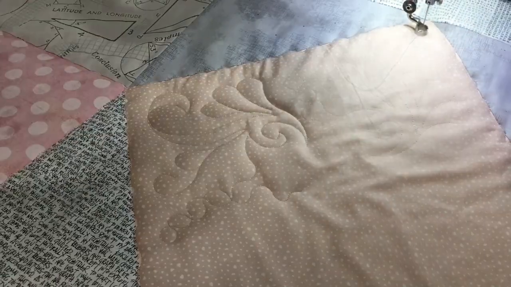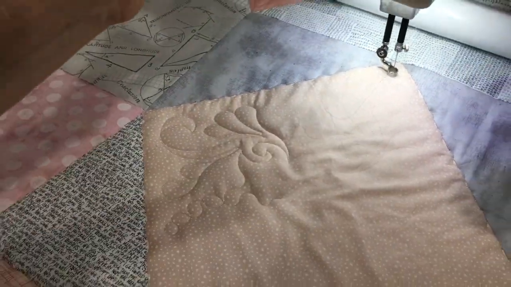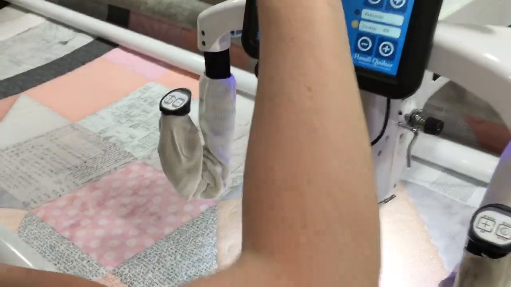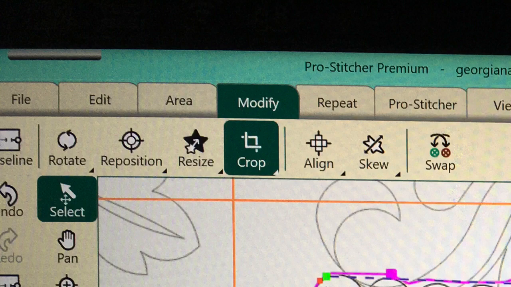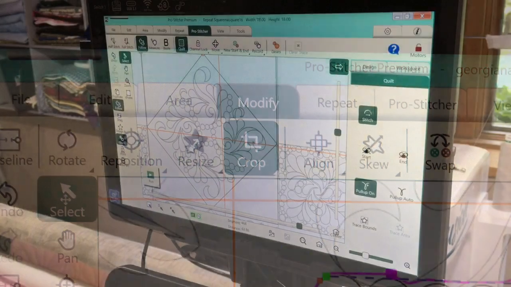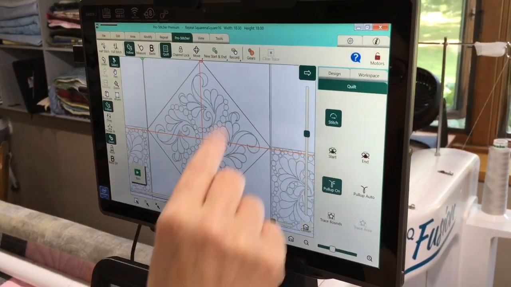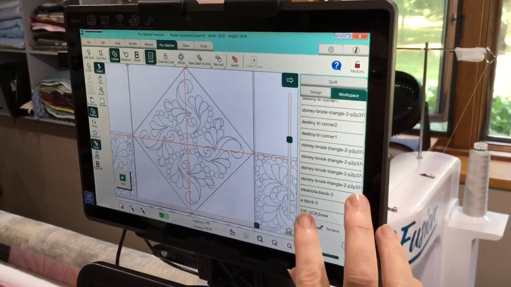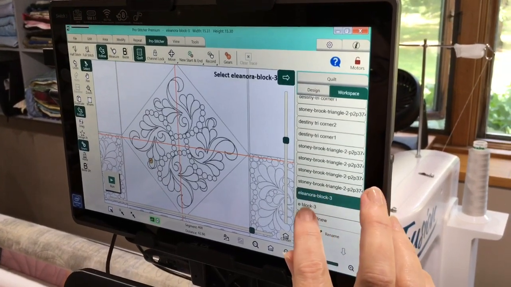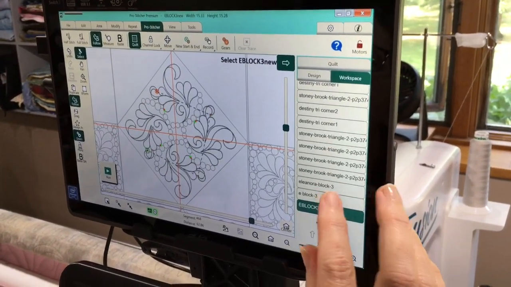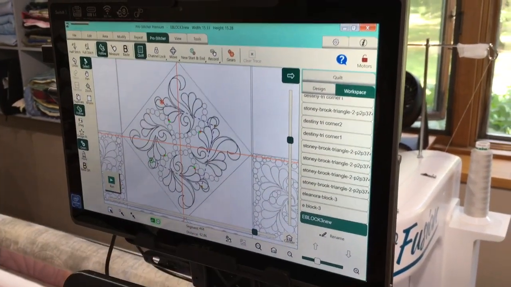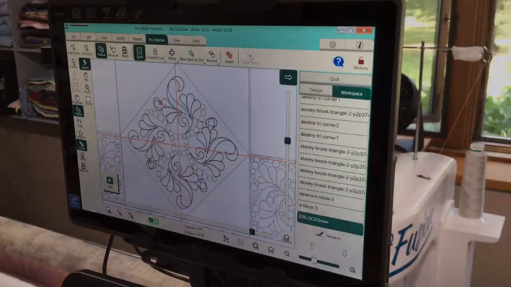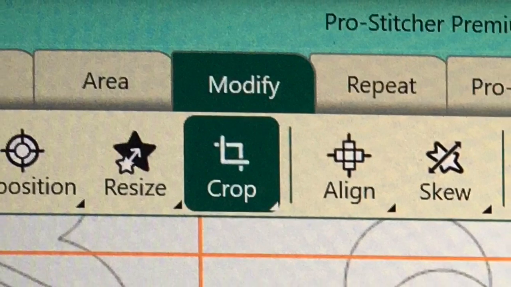I took the design over to the side and I did some work with just the basic functions of ProStitcher to crop away the portions I didn't want and then merge the design back together the way I wanted it. And I now have the same block to workspace here. I have now created some different portions of this and I have put back together so that I can easily stitch out everything except the bubbles, and I can do the bubbles in free motion. Within ProStitcher,